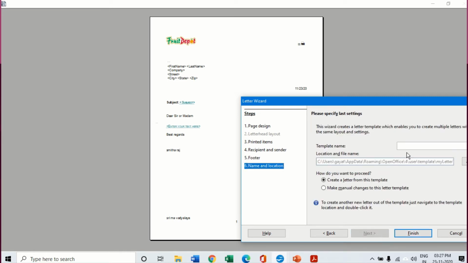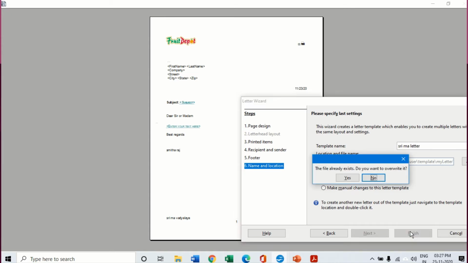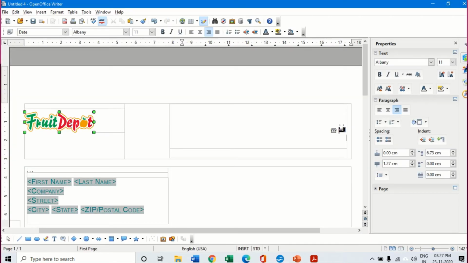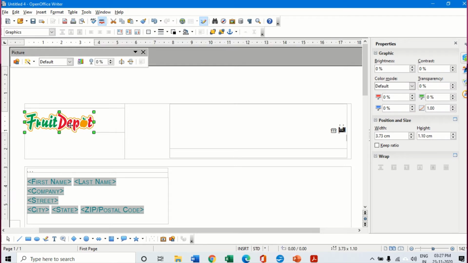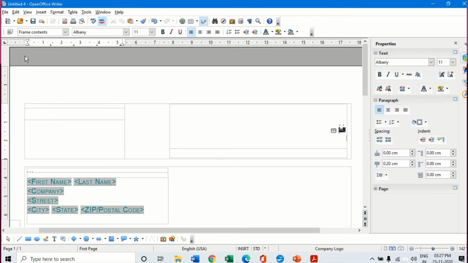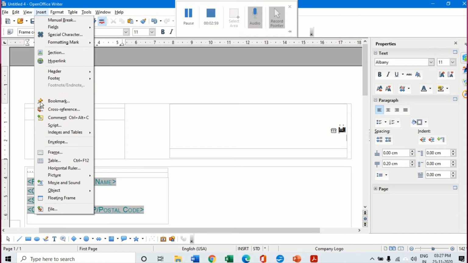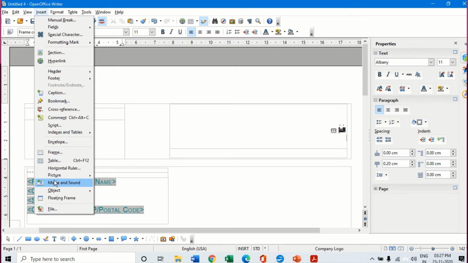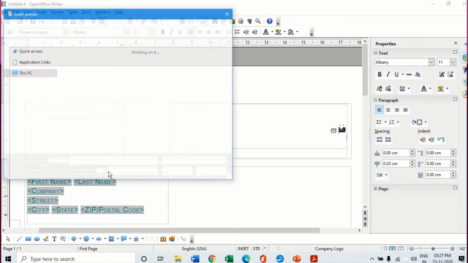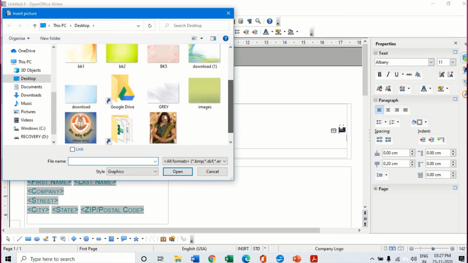Over here it will tell me what name I want to give for my template. So I'll just write Shrima letter. I'm just giving the name for this particular template, that is Shrima letter, and I click on finish. Now you just click and the template is there. Here now I can change. The template is already ready for me. Now if I want to put my own logo, I can insert the logo from the pictures option, insert picture from the file, and I can insert the logo of my school.